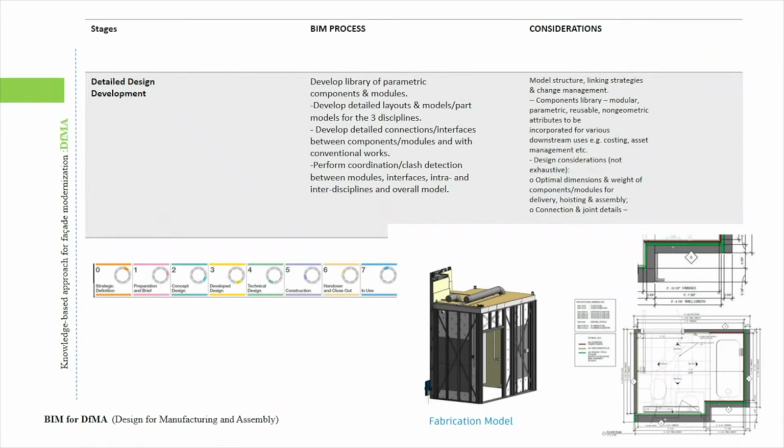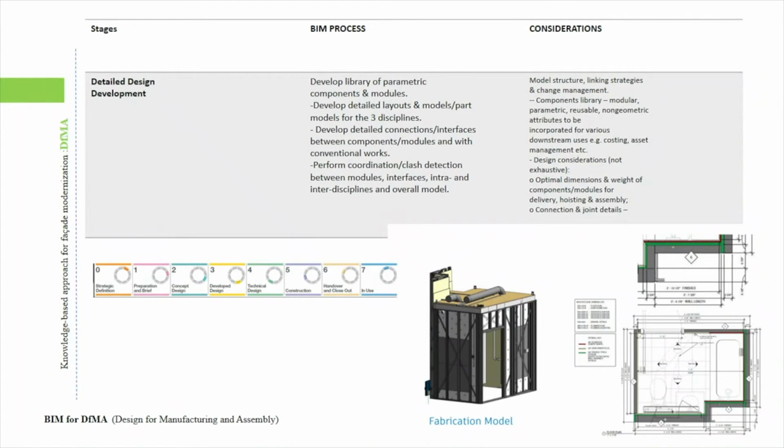Clash detection will be performed at this stage, but it will be developed bearing in mind that it needs to fulfill the requirement for DfMA, which can be defined by three characteristics that DfMA is identified by: modularity, standardization, and repetition. To legitimize the buildability of components, early involvement of suppliers is essential, and after identifying modeling strategy